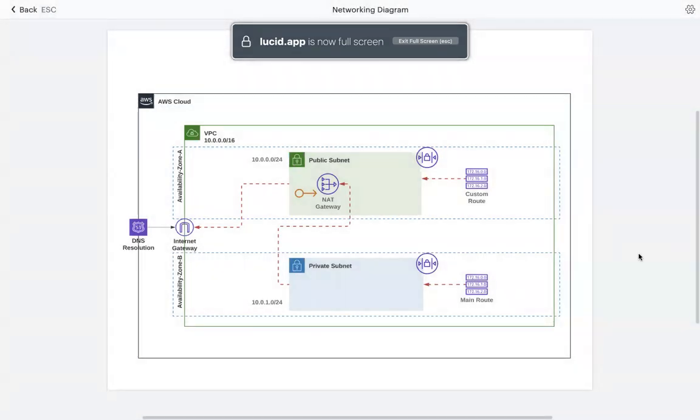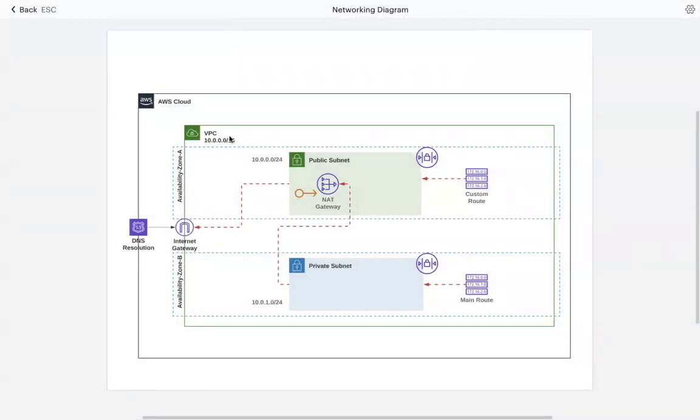So we saw all these resources, right? We saw the VPC that was created by the launch wizard. We saw the public subnet with this address, the private subnet with this address. We saw a NAT gateway placed into the public subnet with its own elastic IP. We saw one single network access control list associated with both the subnets. We saw a custom route table mapped to the public subnet, which had a route to the internet gateway, and a main route table mapped to the private subnet with an implicit association that had a route to the NAT gateway. So welcome, guys, we have created our first architecture.